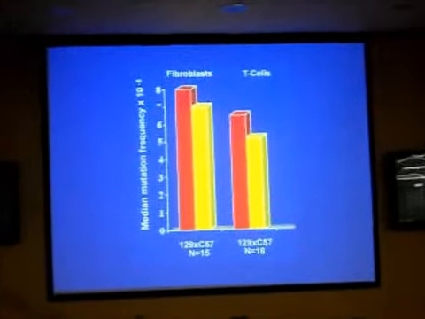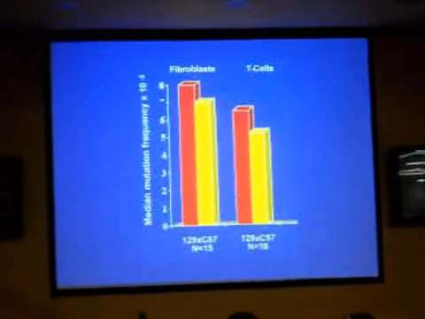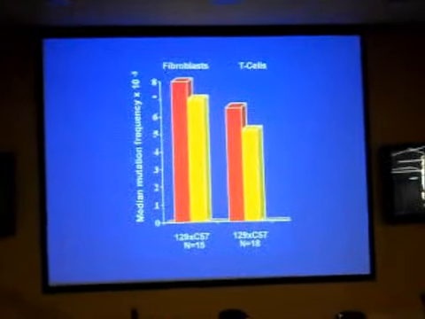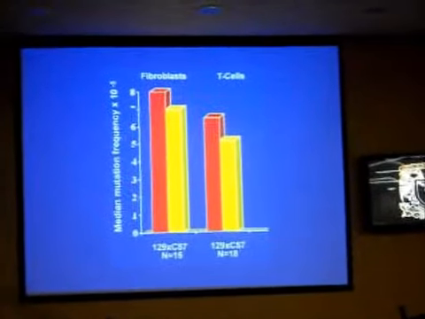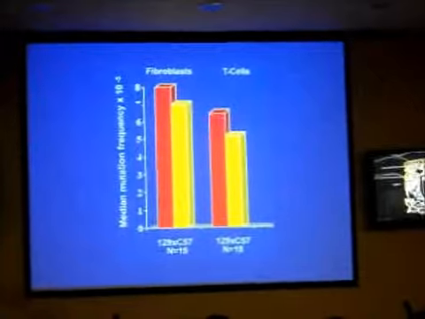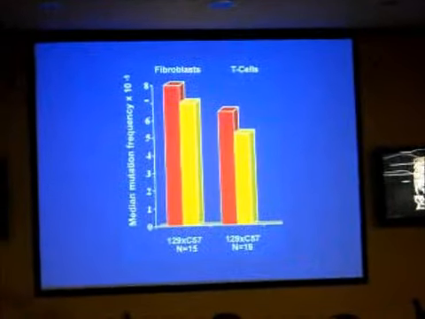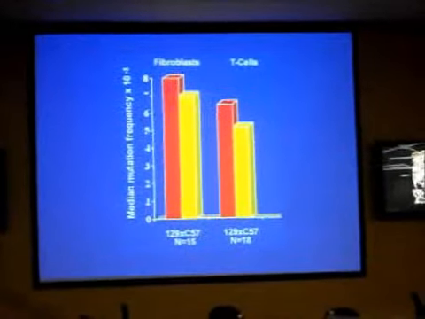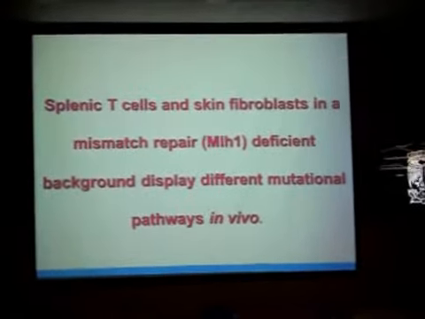T cell mutant frequency is always a little bit lower, and you can see 70–75% of the events are due to mitotic recombination. That's not statistically significant for any one experiment, but every experiment we've done has shown the same trend. So what happens if we look at the same,